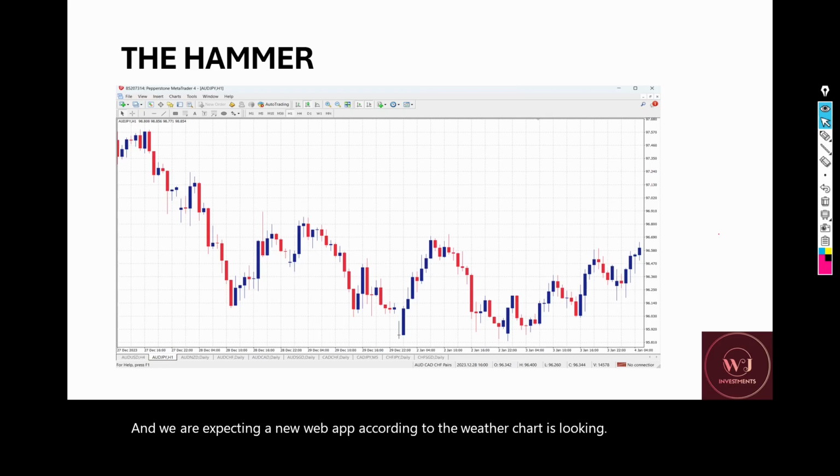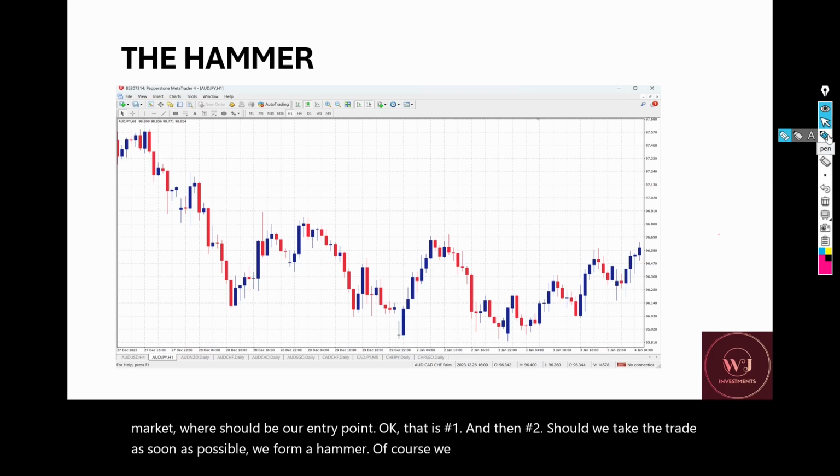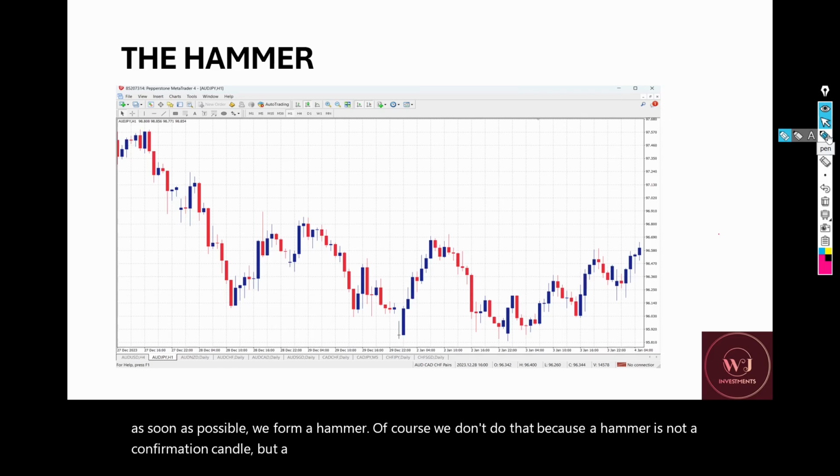So when you look at the chart again, right here, we want to see if we form a hammer within the market, where should be our entry point? Okay, that is number one. And then number two, should we take the trade as soon as possible we form a hammer? Of course, we don't do that, because a hammer is not a confirmation candle, but a hammer is there to tell us that a trend is going to change,